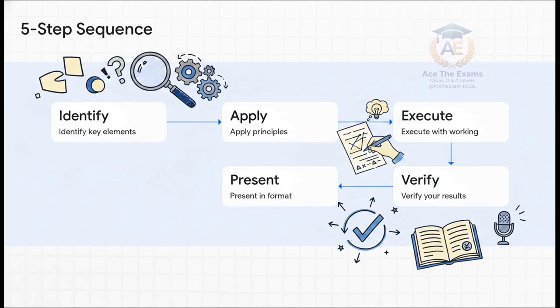We enforce the rule of clear working. We force them to write down, the data shows X, which means Y, resulting in Z. By moving them from a mediocre, disjointed argument into a flawless, logically linked chain, we transition them directly into a full-mark response. Memorize this 5-step sequence. Apply it rigidly. It is your absolute lifeline in the exam room.